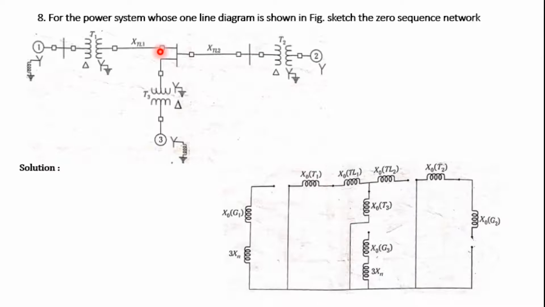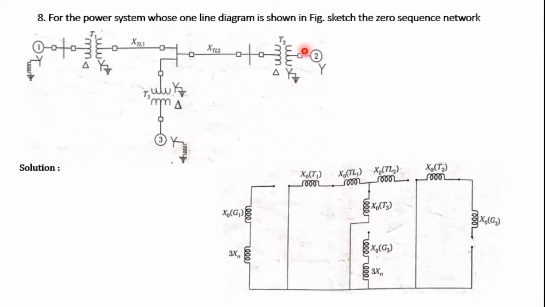Then for the transmission line, this is the reactance of the transmission line. Again we have transmission line 2. Then transformer T2, the primary is delta. Primary delta means we need to close this shunt switch, not the series switch. You are not supposed to close the series switch; we need to operate only the shunt switch because of the delta. The secondary is star, so this series switch we need to close.